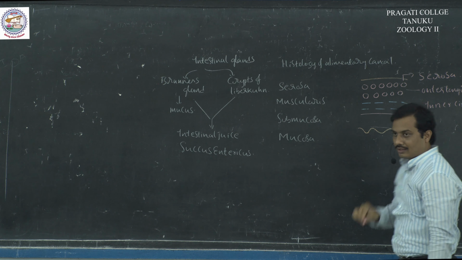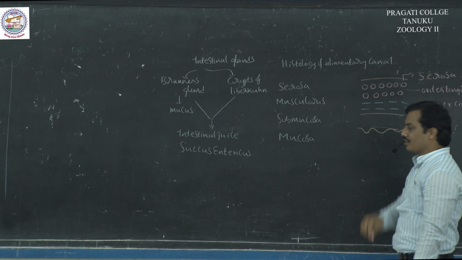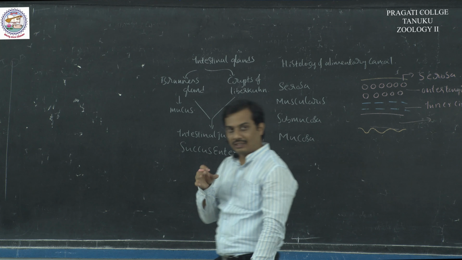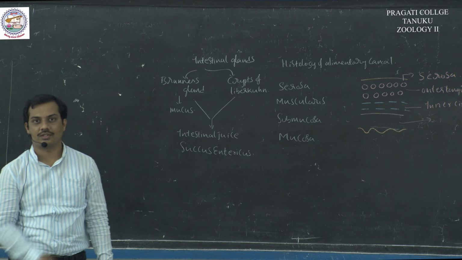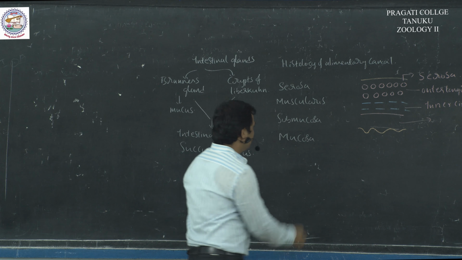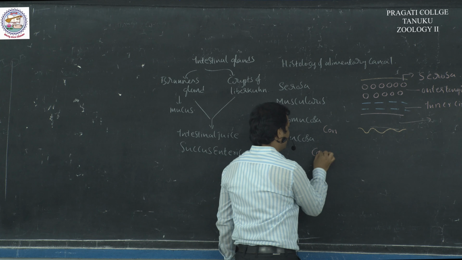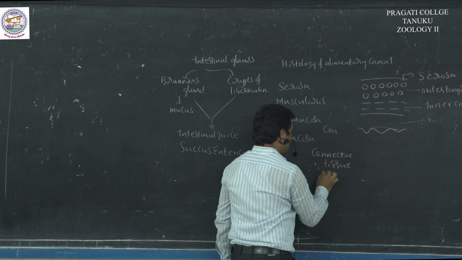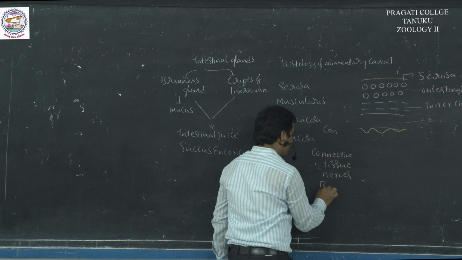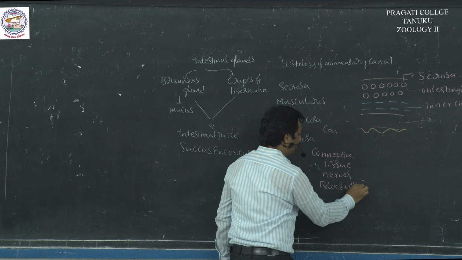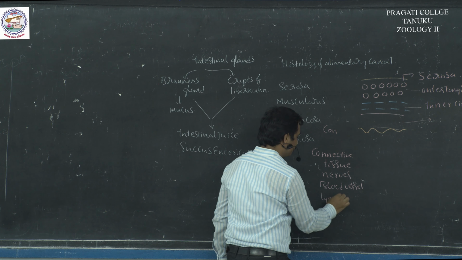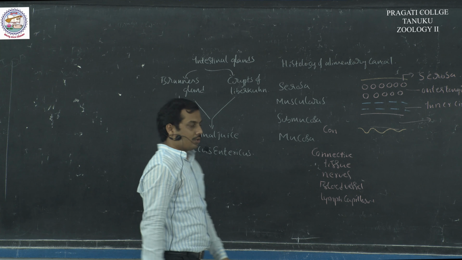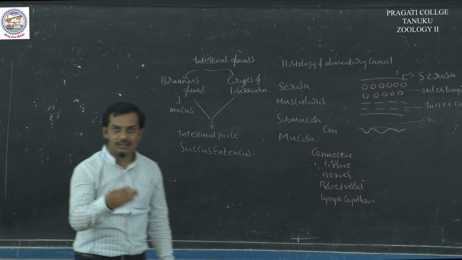Below the muscularis layer, we can find submucosa, and this submucosa consists of connective tissue, blood vessels, nerves, and lymphatic vessels, or lymph capillaries. So mucosa is the innermost layer of the alimentary canal,